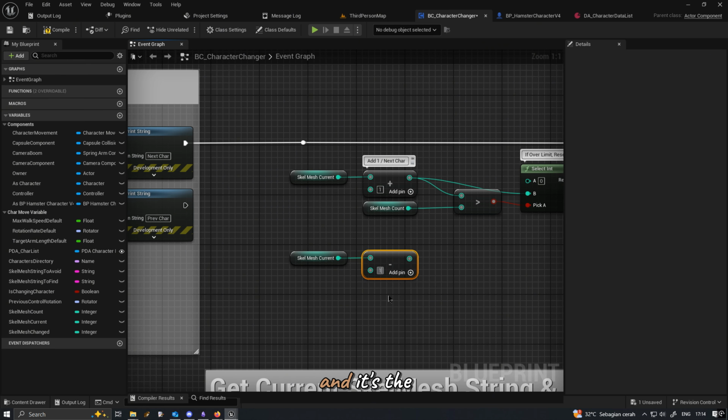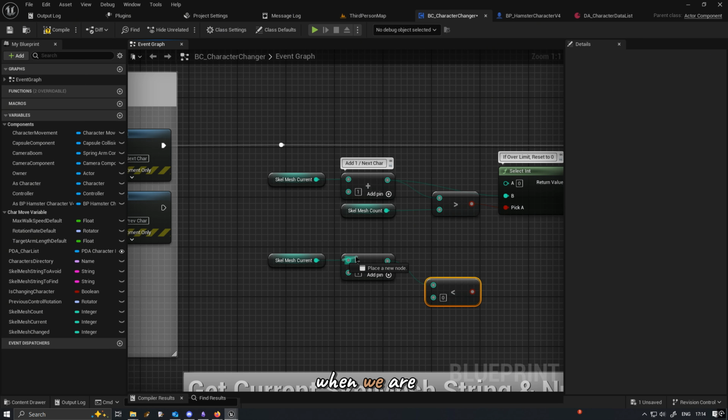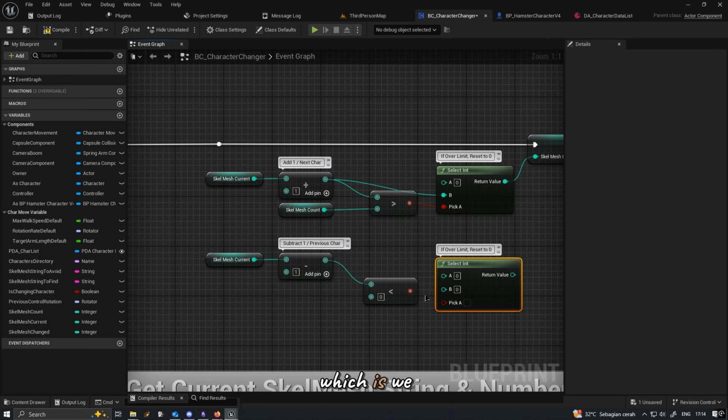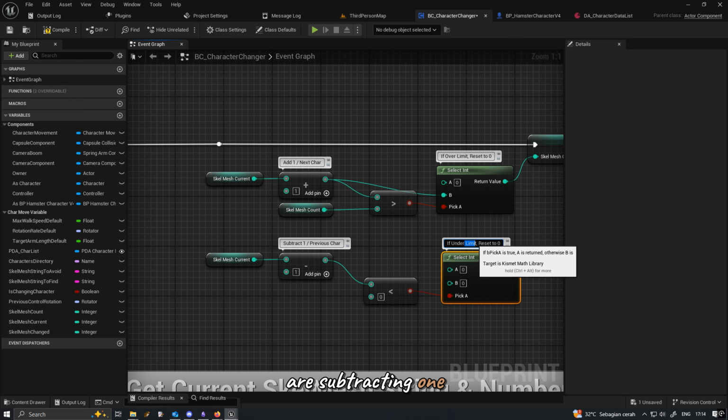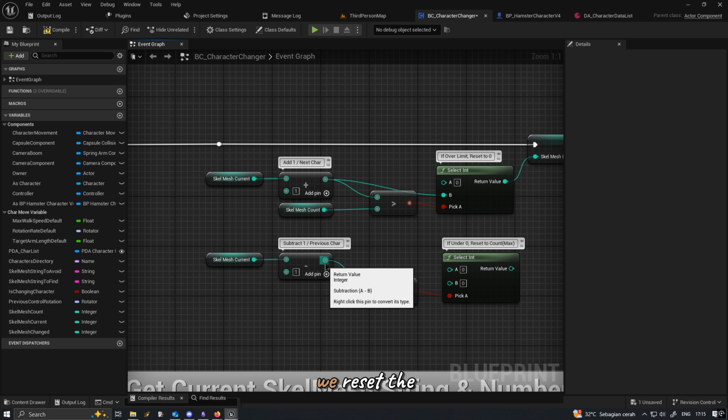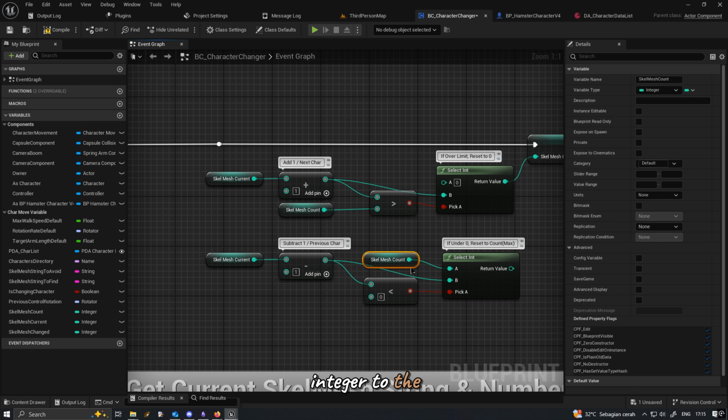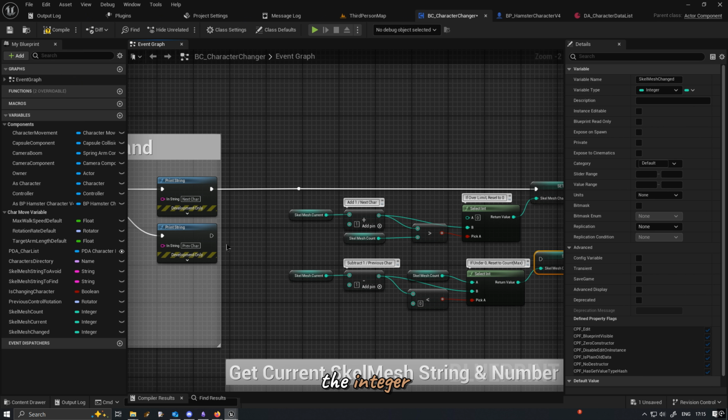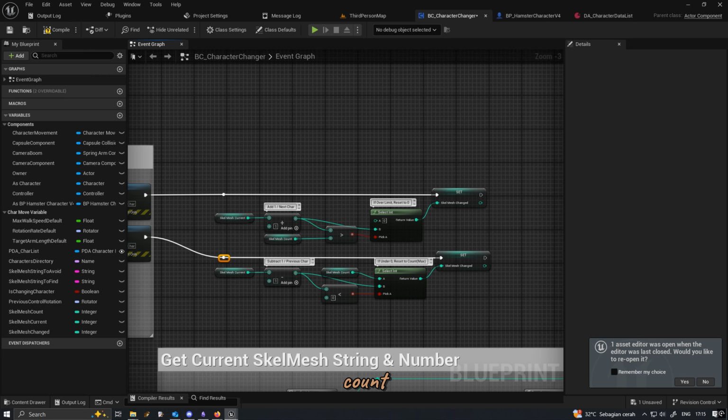And it's the other way around when we are going to the previous character, which is we are subtracting 1, and if it reaches the minimum number of the integer, aka 0, we reset the integer to the max number of the integer, aka scale mesh count.